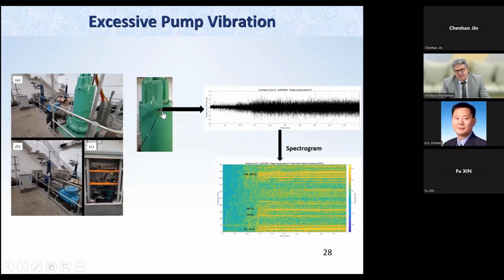Now, if we suspect that the pump has something wrong with it, we put accelerometers and we measure it directly. And in fact, when we put it in a spectrogram, we identify some frequencies that are expected to be there. This is due to the rotational speed of the pump, but there are these higher frequencies at 400 to 500 hertz. And those, we reckon, had to do with axle twisting and vibration of the pump. Now it has been taken off and checked, and we understand, yes, there was something wrong with it and